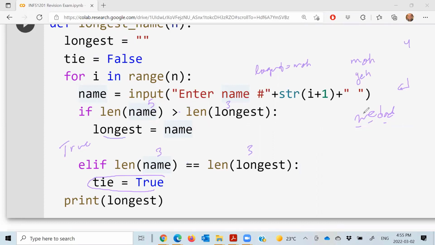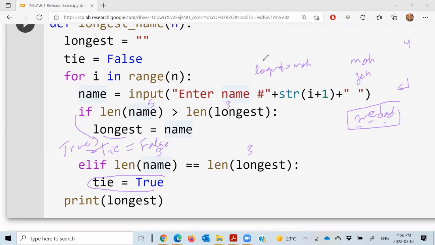So now the longest is going to be Widad. Now tell me, guys, do we still have a tie, or is there no tie? No tie now. So what do I do here? When I enter this if, what should I do to the tie? Do I have a tie when I'm here? No, so tie is going to be